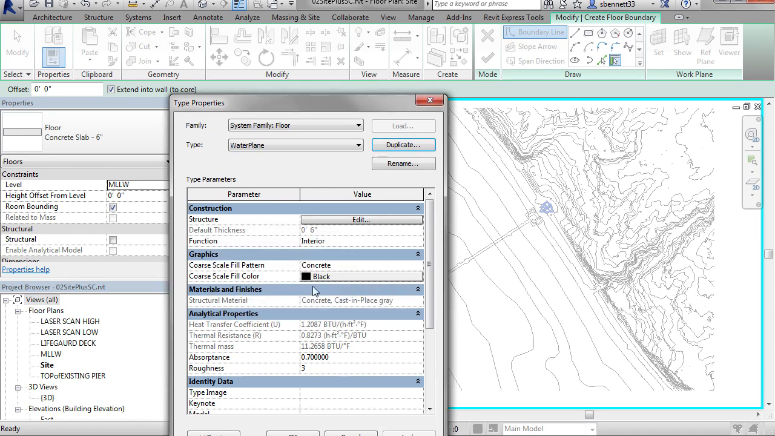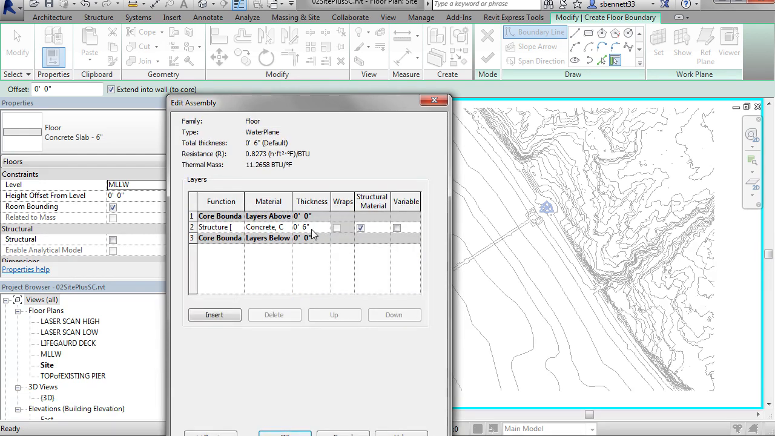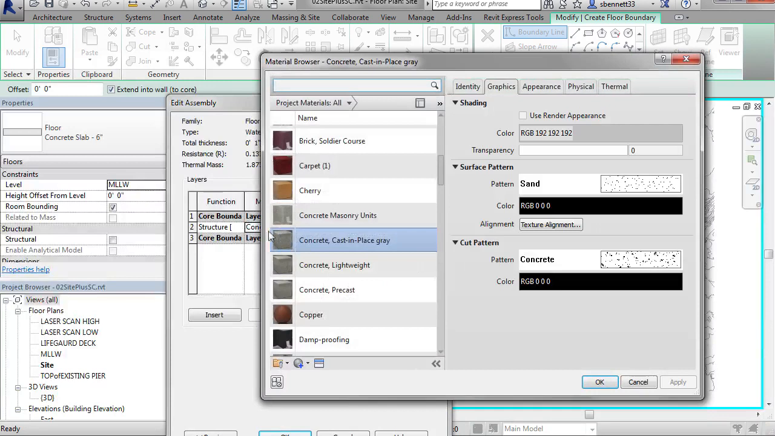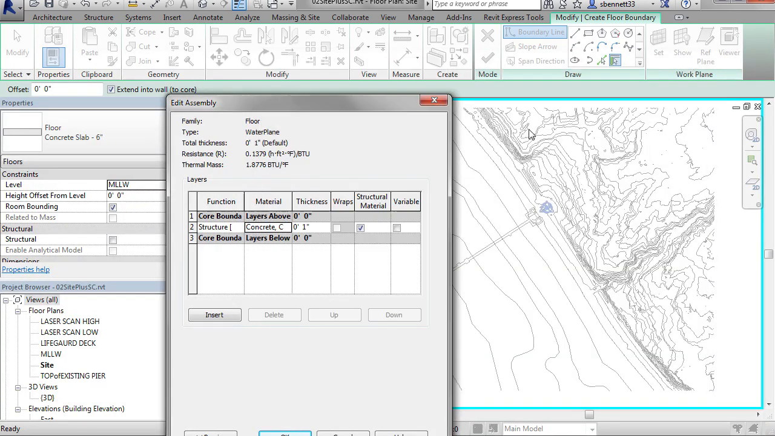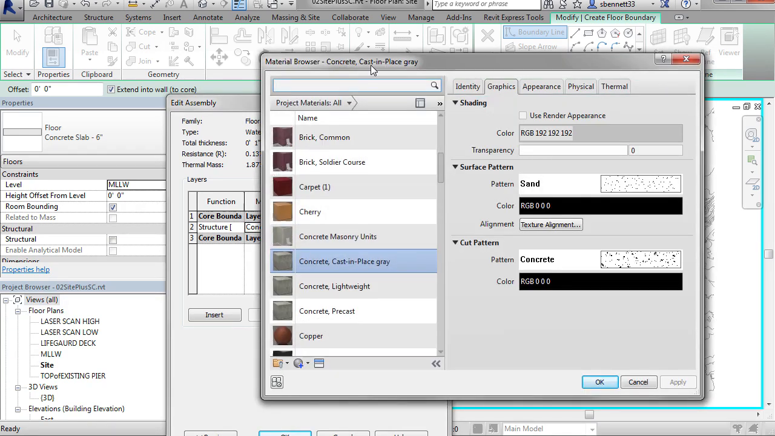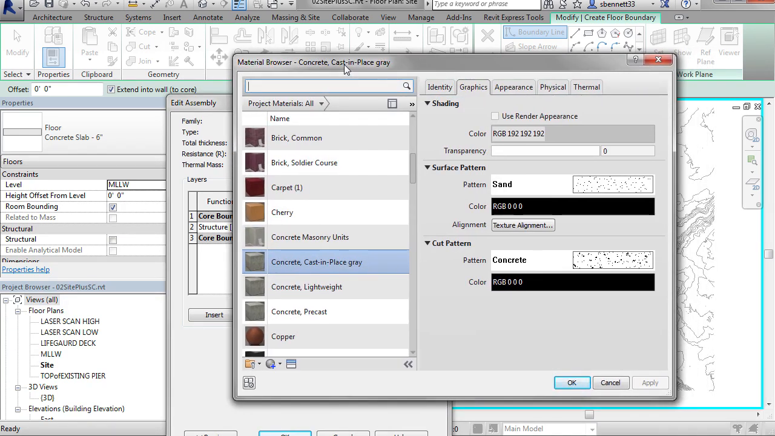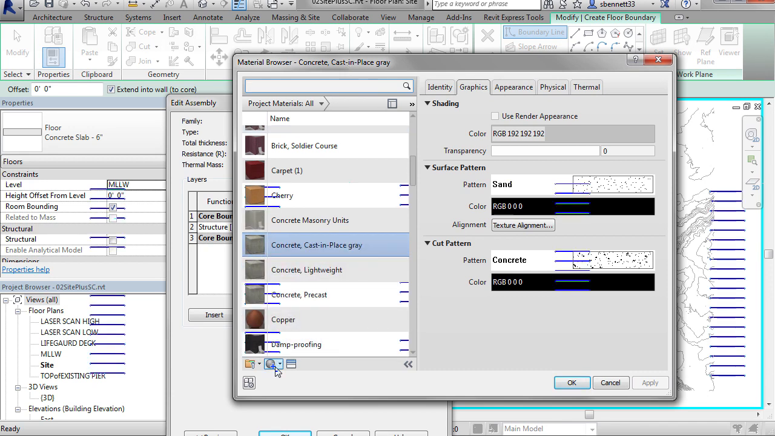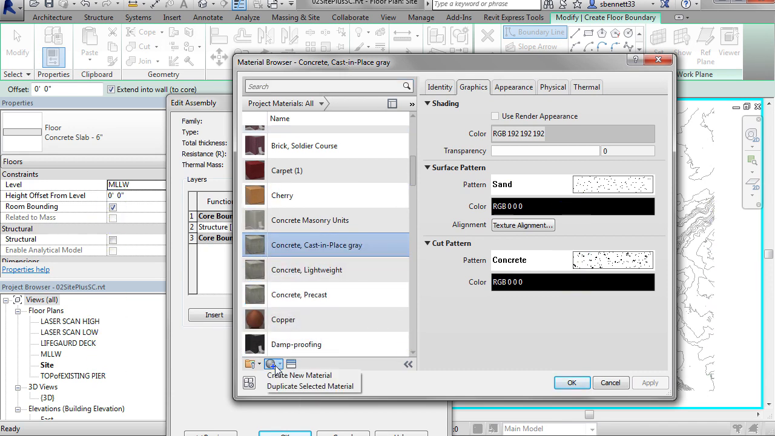Click OK, and then we're going to go in to edit the structure. So if you click Edit, that will allow us to edit the structure. We'll give it a thickness of, let's say, 1 inch. And then material, if you click on the name, you'll notice how it gives you a little browse button. Click on the name, click the browse, and we're going to create a new material to apply to this object. So if you come down to the bottom left corner, drop down the sphere with the plus, click Create New Material,